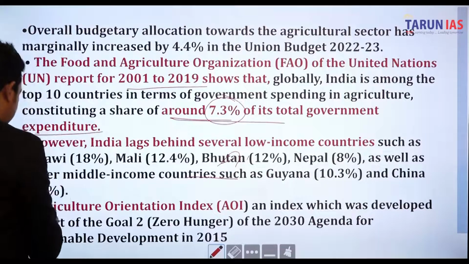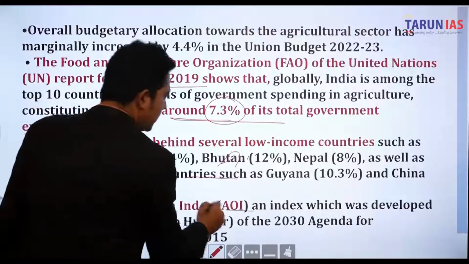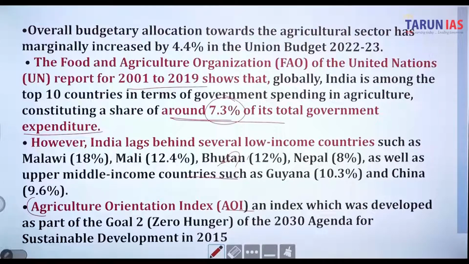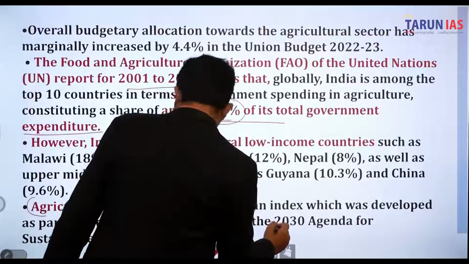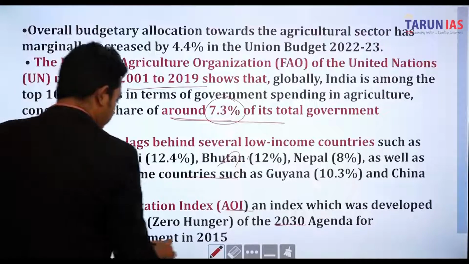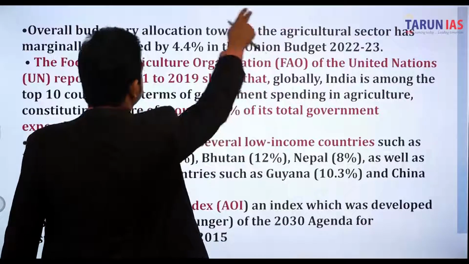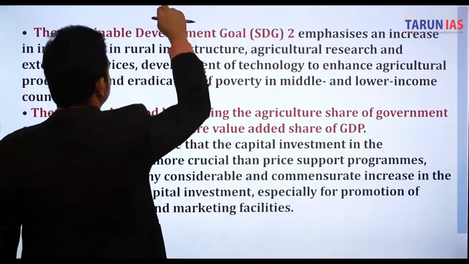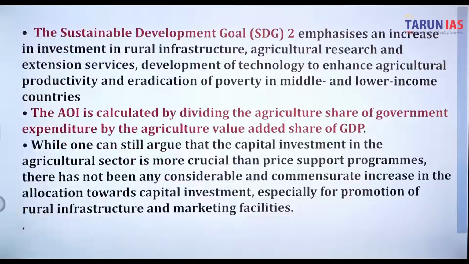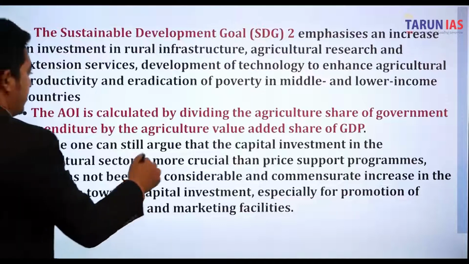The Agriculture Orientation Index, AOI, is an index developed as a part of Goal 2, Sustainable Development Goal 2, which means zero hunger, of the 2030 agenda for sustainable development in 2015. The Sustainable Development Goal emphasizes an increase in investment in rural infrastructure, agriculture research and extension services, and development of technology to enhance